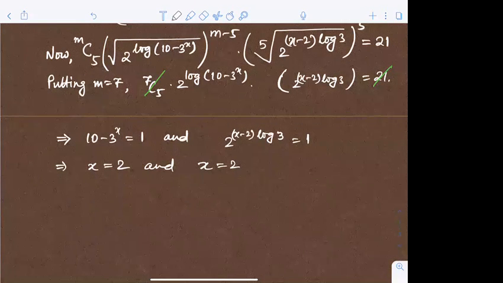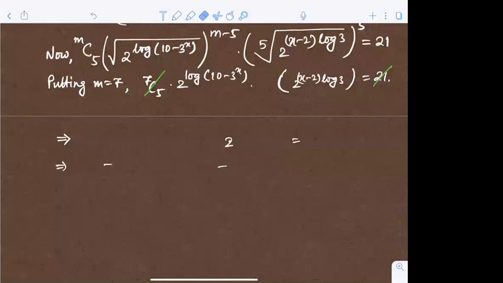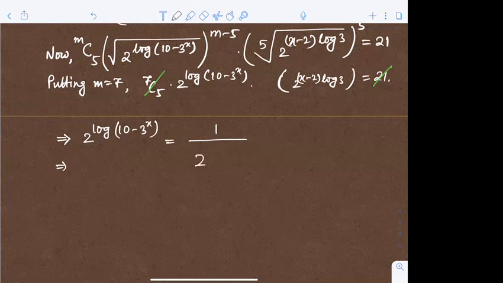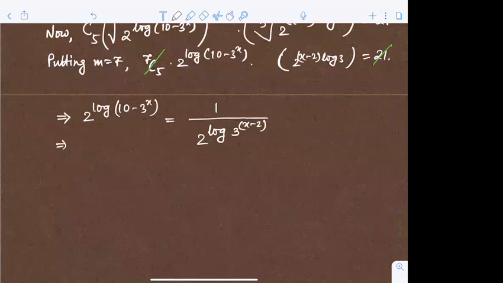সো তাহলে বেসিক্যালি যদি এরকম হয় তাহলে আমরা কিন্তু এরকম লিখতে পারবো। আমি যদি ডাইরেক্ট এভাবে 1 1 পুট না করি তাহলে কিন্তু এটা আমি সলভ করতে পারবো। এবার এখানে আর কোনো স্কোয়ার রুট নেই, ফিফথ রুট নেই, জাস্ট আমি লিখবো দিস ইমপ্লাইজ 2 টু দি পাওয়ার log of 10 minus 3 power x should be equal to 1 by that, 1 by 2 to the power x minus 2 log of 3 to the power x minus 2 এরকম লিখবো। So it is nothing but